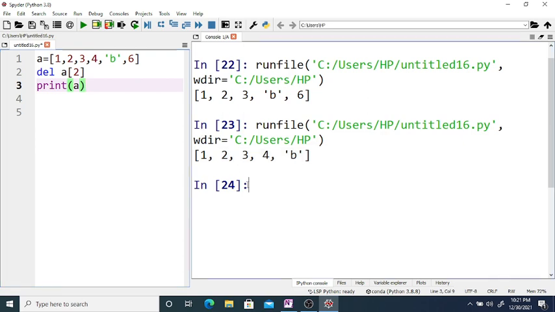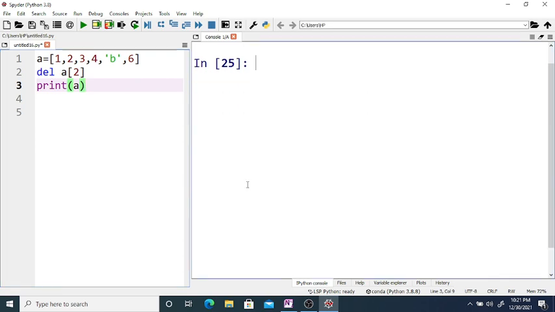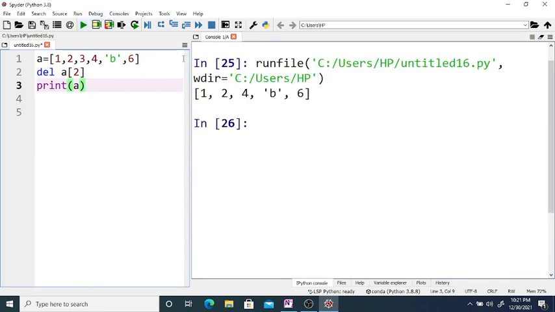If you clear the previous output, you can see that the element at position 2, that is 3, gets removed, and your new list is 1 2 4, character B and 6. So this way you can use del, remove and pop keywords to modify the given list.